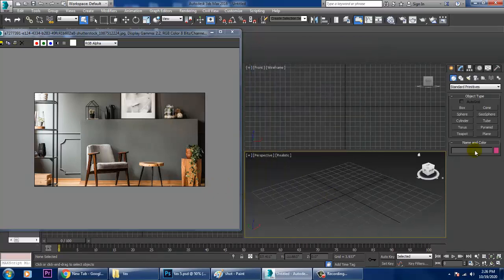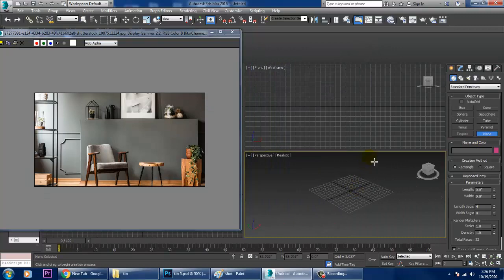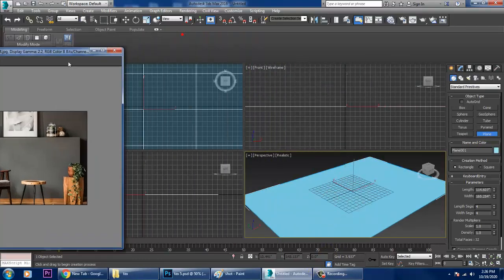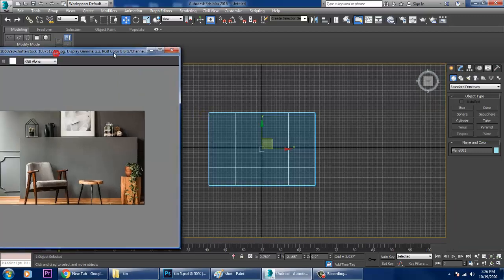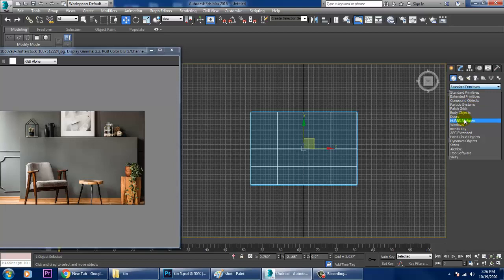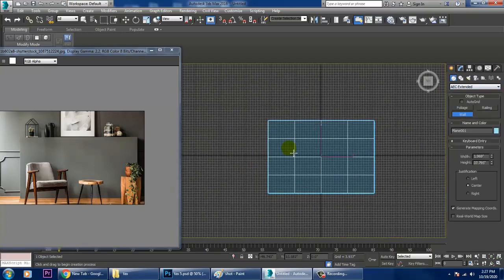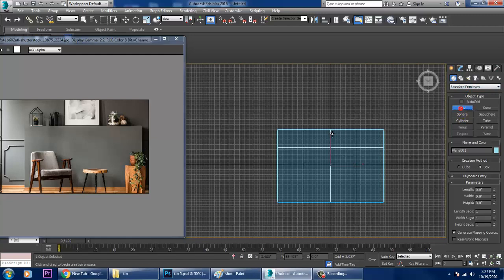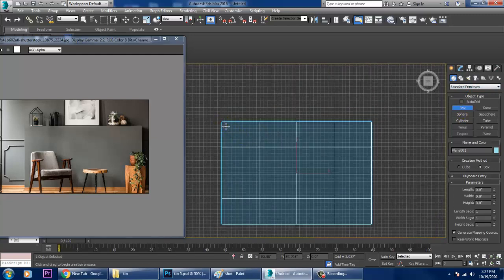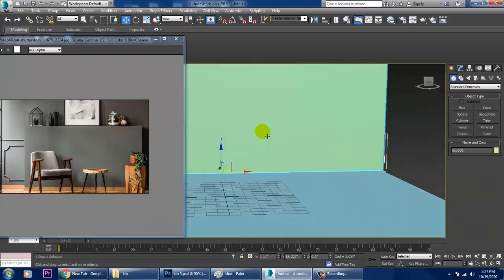Now what I'll be doing over here is, let's take a plane. Very first of all, let's go to the top view and go into AEC extended. Definitely we have only this much area, but we'll still go with that. So let's take a wall over here. If you don't want to take a wall, you can just make this stuff, so let's just take a box for now. After that we'll be creating those details when we do the lighting stuff.